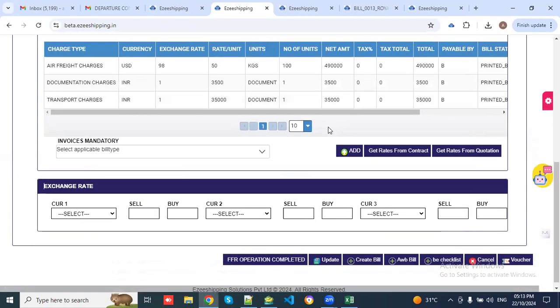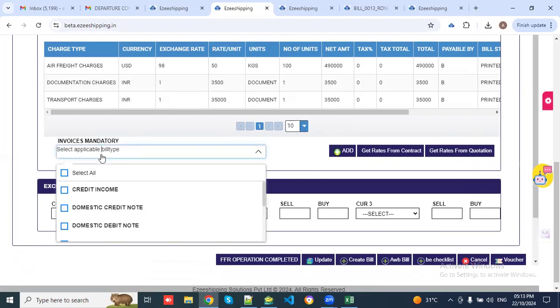And take the bill. And here you can find the invoice mandatory options. Based on your invoice type, what type of invoices you are using, we will load them, like service bill or freight bill, service supplementary bill or freight supplementary bill, domestic or overseas credit note. So whatever bill types you are using,